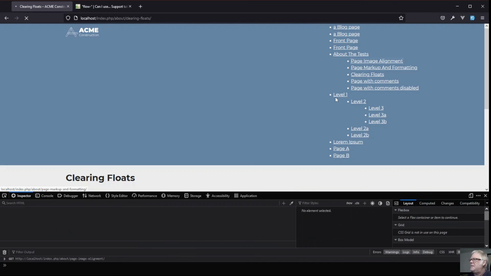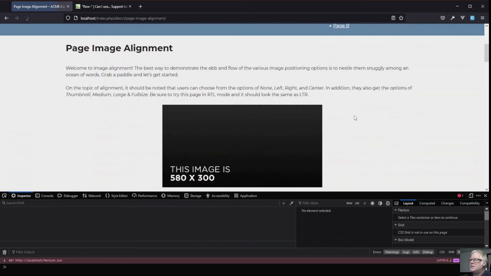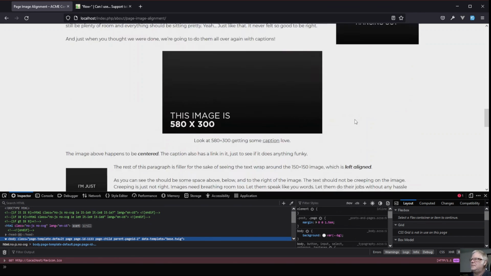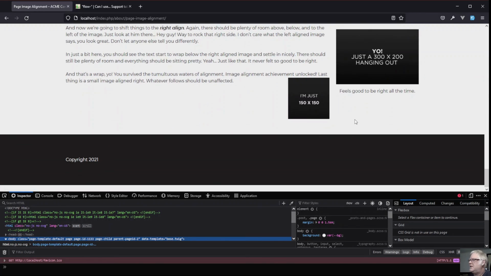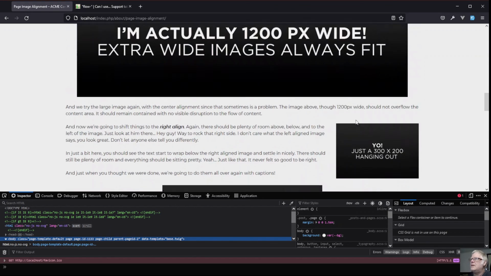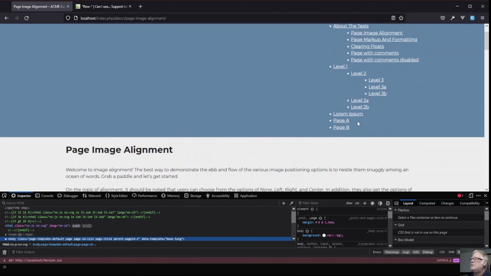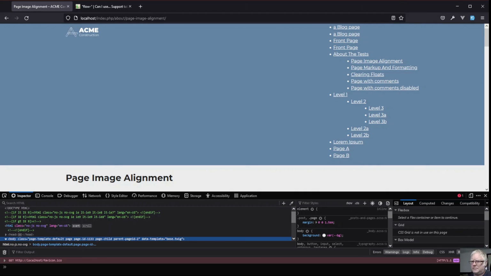And let's go back to our page with the image alignments, which is causing our issues. Yeah, I think we've actually done okay here. That's given us a foundation for the rest of the site, but of course the obvious eyesore is this menu here. Need to sort that out, but I'll leave that for another